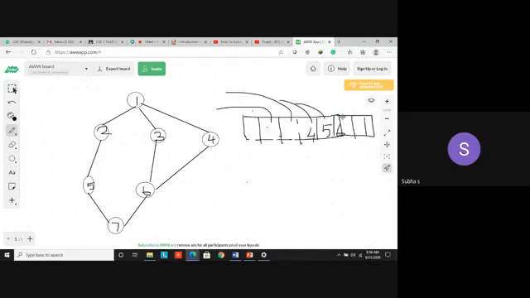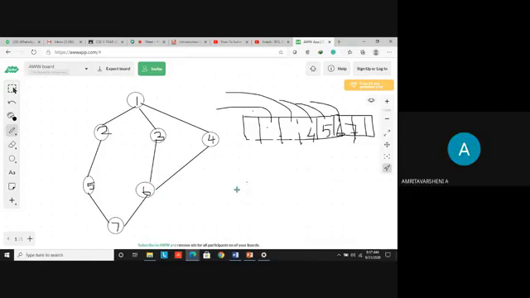Remove 5. DQ 5. Then what do you have to put? Put its adjacent nodes one by one. What are the nodes adjacent to 5? 2 and 7. 2 is already visited. No need to put. What's the next one? 7. So place 7 here. Yes. So elements are DQ'd one by one. What's the next element? The front is pointing to 6 now. You have to remove 6. While DQing, what is the next step? Find its adjacent nodes and place them in the queue. What are the nodes adjacent to 6 here? Anyone unmute and tell?